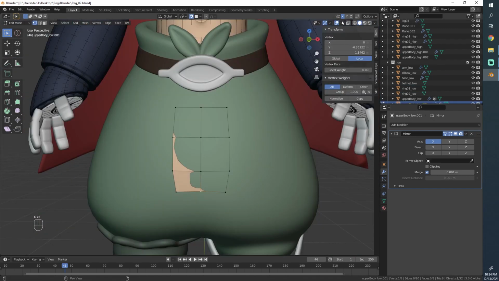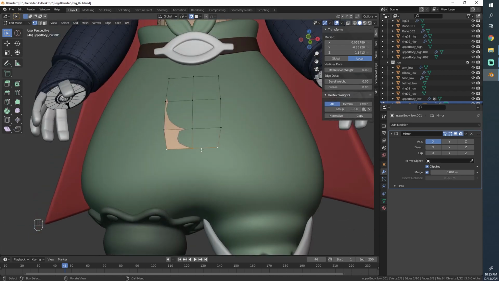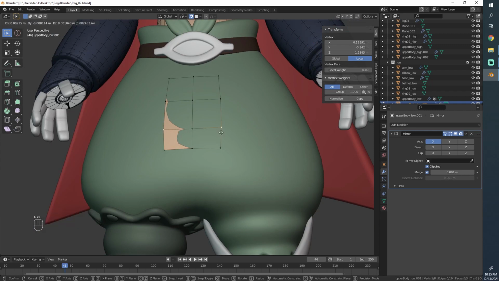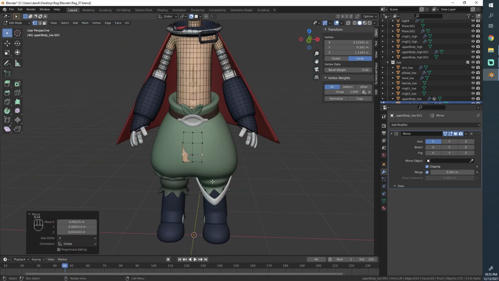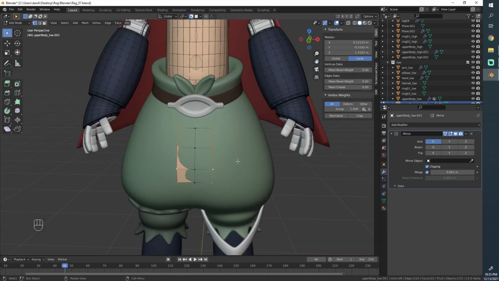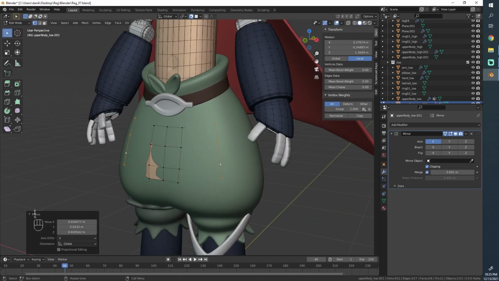Ah, I know what it is. Here it is. We have symmetry enabled. So we're going to disable symmetry, and now it should work as I thought. So you see, you can just pull it apart or have clipping on, then they merge together. So I guess I'll be editing that a bit in post to make it seem like I figured it out in a second, even though it actually was like 5 minutes or so. But anyway, let's move on.